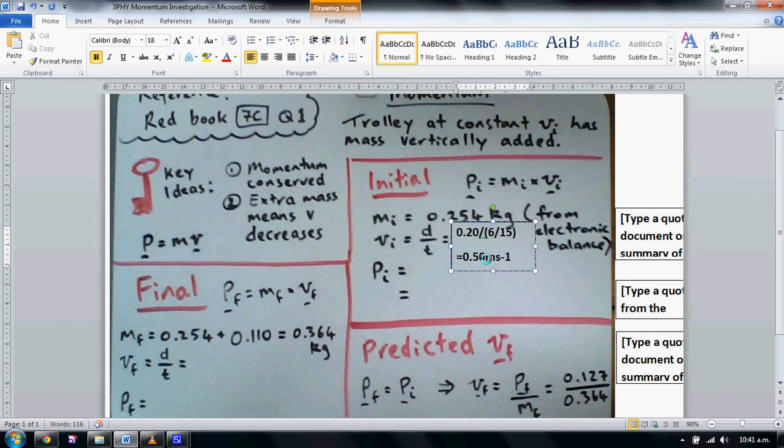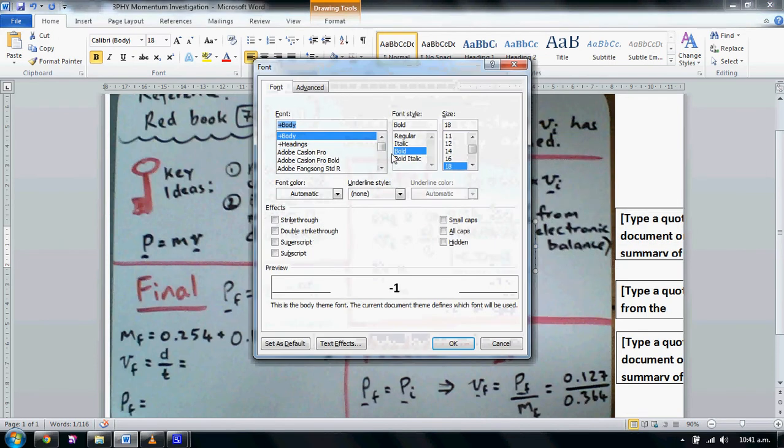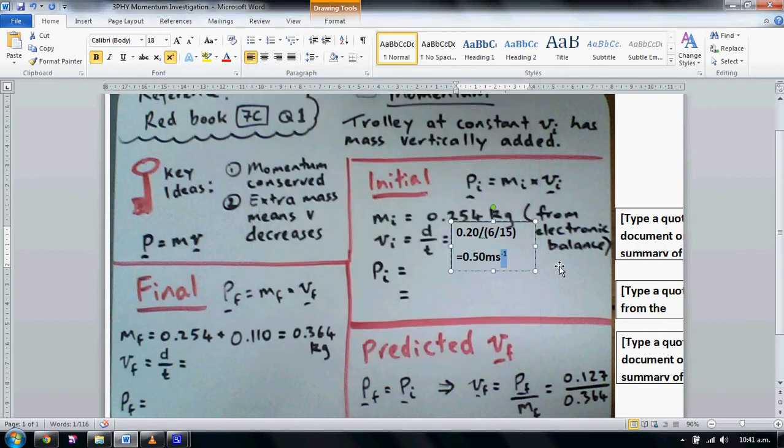And if you've ever wondered how to get that little 1 sticking up there, the easiest way is just to highlight it, right click, format font, and superscript. There we go. You could do the same with fractions, make the bottom one subscript and the upper one superscript. And that gives us a momentum when we do the calculation